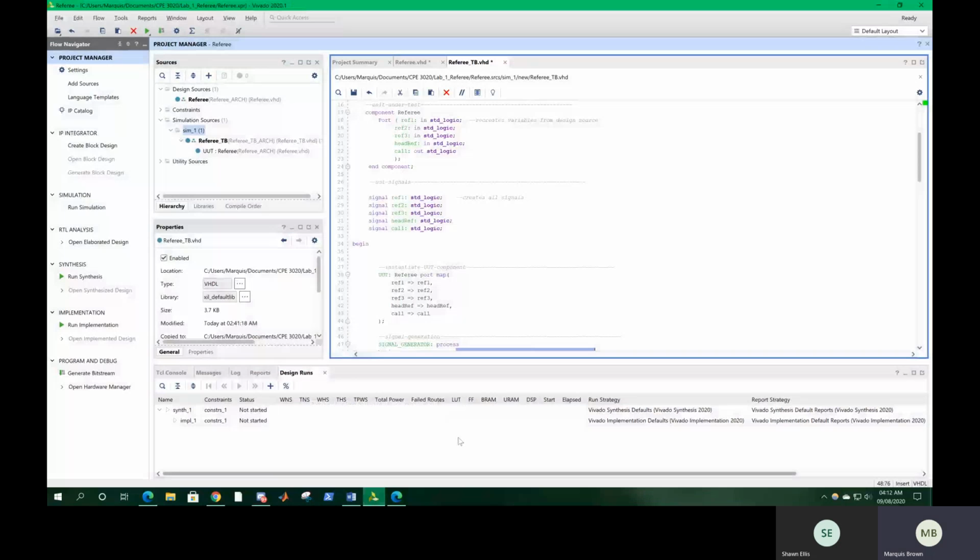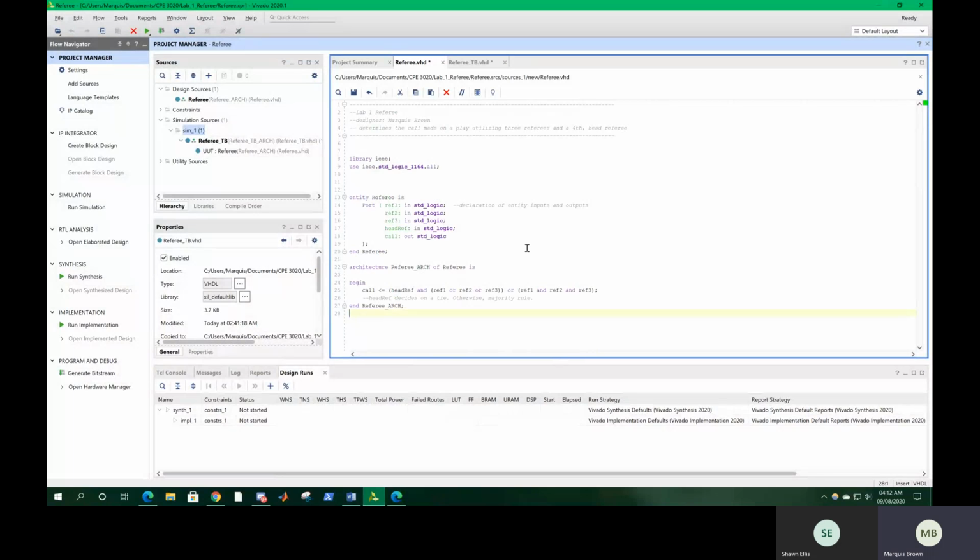Okay, let's hope that you can see what's currently going on my screen. Here I will pull up my referee logic. Here you can see I used IEEE standard logic. I included it all. You can see me declaring all of my inputs and my one output, which is the final call. And if we just go into the architecture, which is properly formatted, I might add,